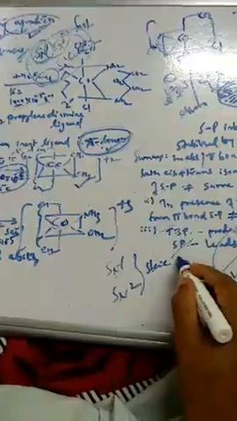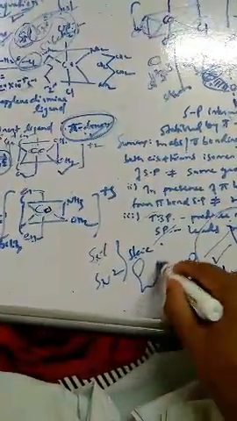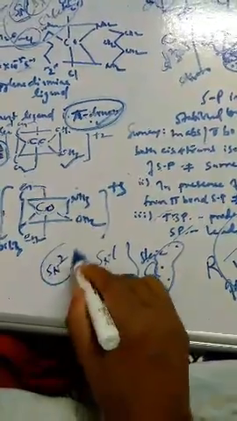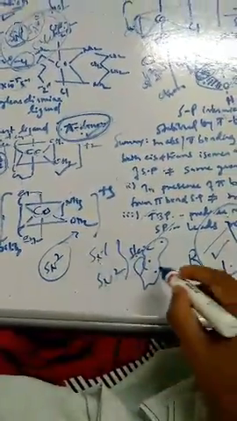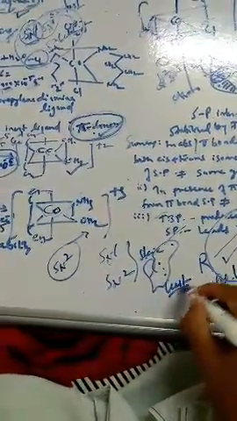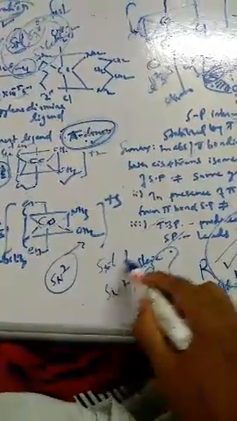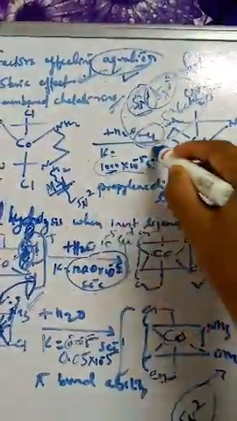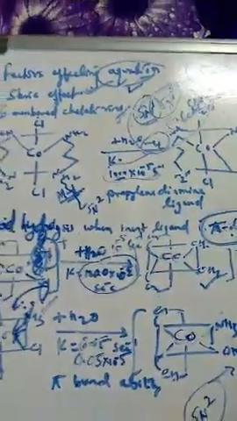So no confusion here. Steric effect will be there in the complex, and if it is asked via SN2 reaction, the rate of reaction will be very less. But via SN1, if the question is asked, then the rate of reaction will be very large. So no confusion in this. If you have seen the previous video, there will be no confusion. Hope you understood this concept.